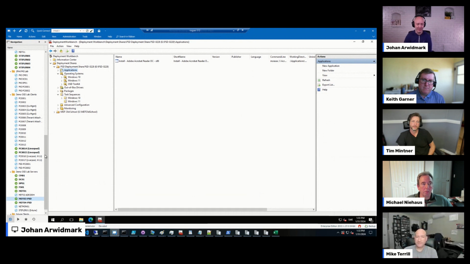We have customers who are actually using this as their main imaging solution in-house also, but that was purely by accident. They decided to go that route because they learned that it works so well to deploy over the internet, so they decided, well, we can use that internally too. Anyhow, so that's on the server side.